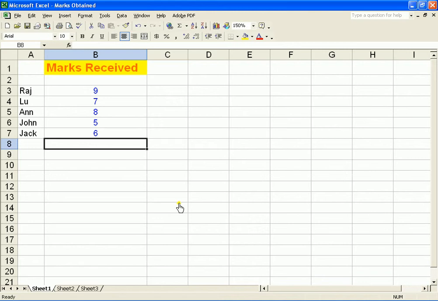Welcome back to Learning Excel. In our previous presentations, we saw that this is an Excel workbook. This is an Excel worksheet. We are working on sheet 1. These are cells, these are columns, these are rows,